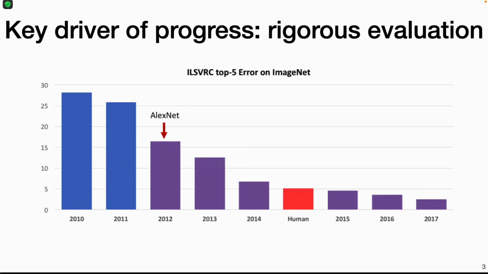And ImageNet, I think, is a really good example of how important it is that we have rigorous evaluation practices in the field. Because initially, when the data set came out in 2010 and 2011, people didn't really believe in convolutional neural networks, and the error rates were very high. People thought this also is a very difficult problem. And then in 2012, the breakthrough paper from Geoff Hinton's group at Toronto came out, and they did much, much better on this very challenging data set than everyone else. People sort of had to accept that neural networks are actually a really good idea.